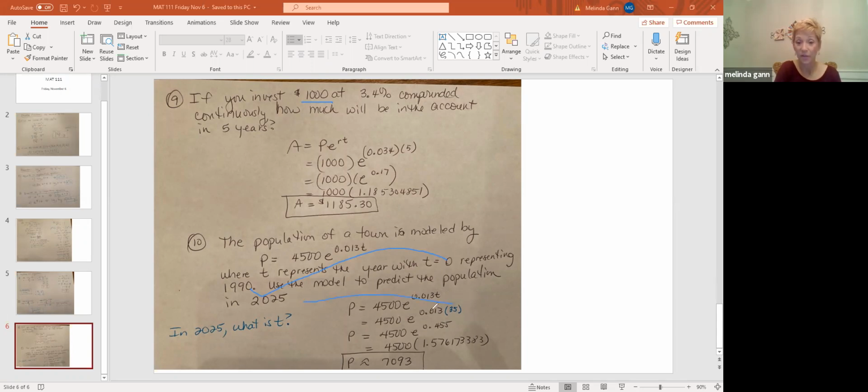And then again, I multiplied those two numbers and got that decimal. I took E and raised it to that power and got that number, because you do powers before you multiply. And then I just rounded it off to the nearest whole number, because you can't have part of a person. Okay. So that's kind of a quick zip through